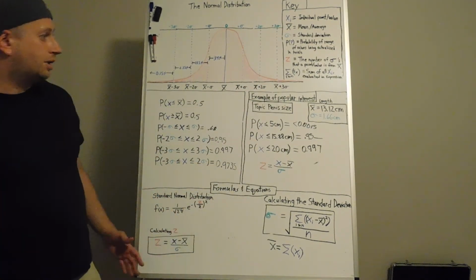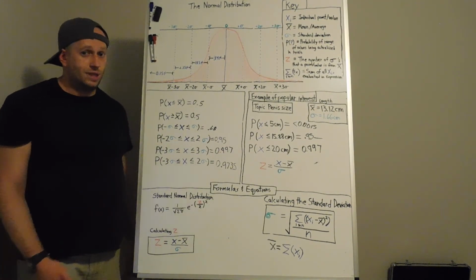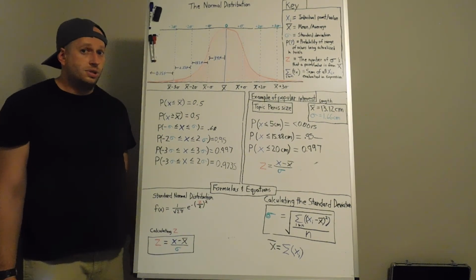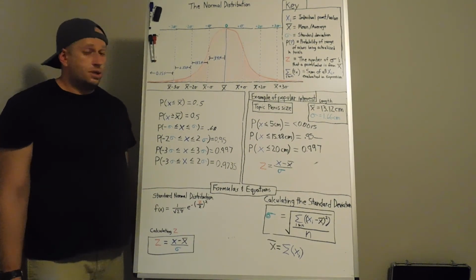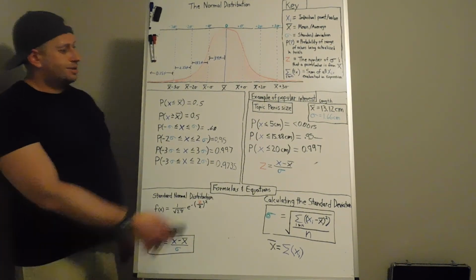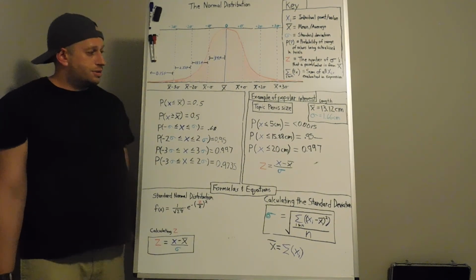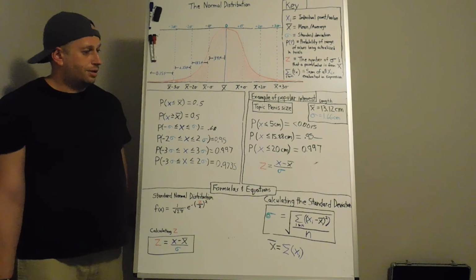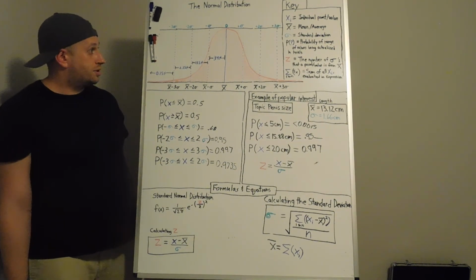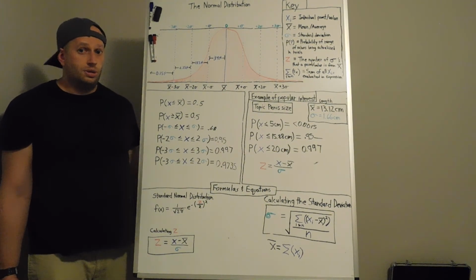So I hope this was kind of interesting to you and gave you an example of how the standard normal distribution formula, or just the normal distribution in general, can be used to make judgments about something. In this case, if this is really important to somebody, they might just want to know how rare it is for whatever length, whether that matters or not. But that's just a way to use the normal distribution and statistics